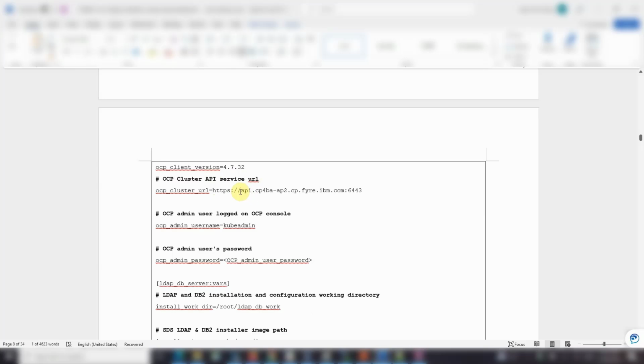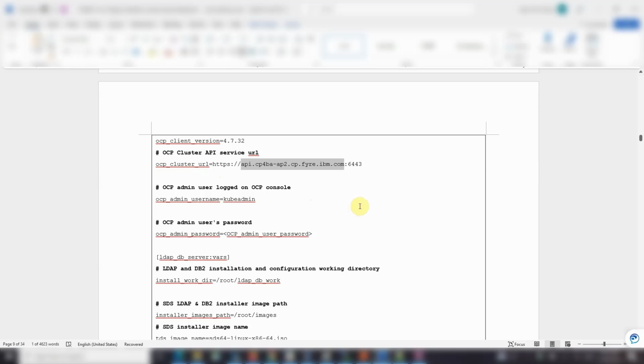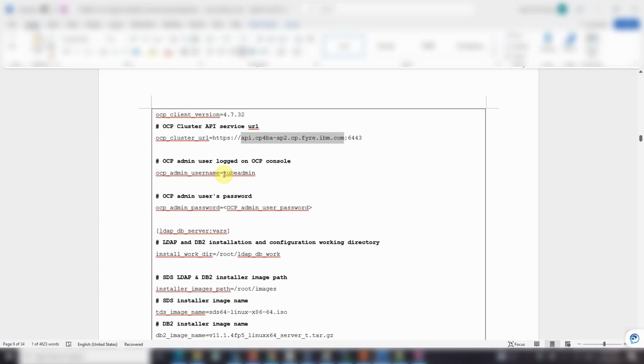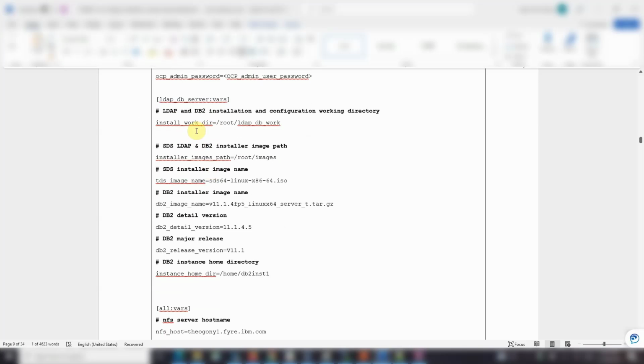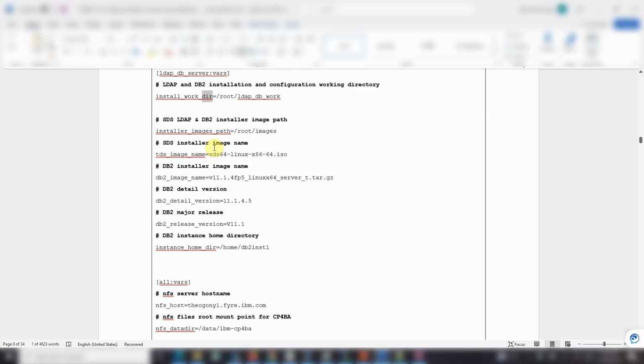Actually, you can use the infrastructure node name. Here is the API server name, and also use 6443 as the secure port. And here we use the OCP admin username and password. You can see. Okay. For the LDAP server variables, we also need the working directory path, and also we